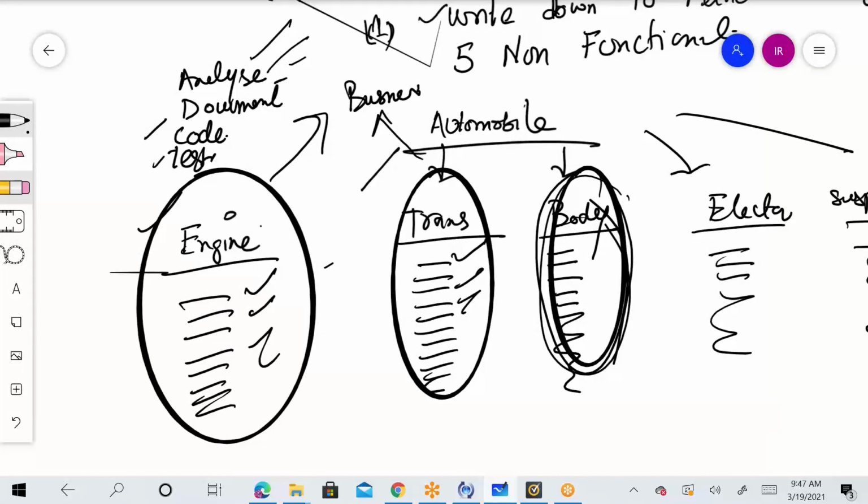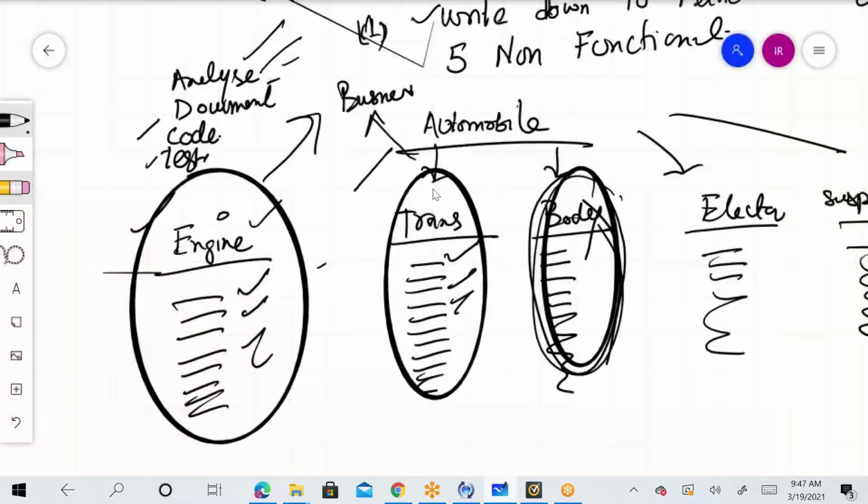Now, this change is not going to hurt me. Why is it not going to hurt me? Because I'm not going to work on the engine again. I'm not going to work on the transmission again. I'm only going to work on the body part because I was only working on it and I have shown it to them. So even if I have to make a change, I only have to make it to this,